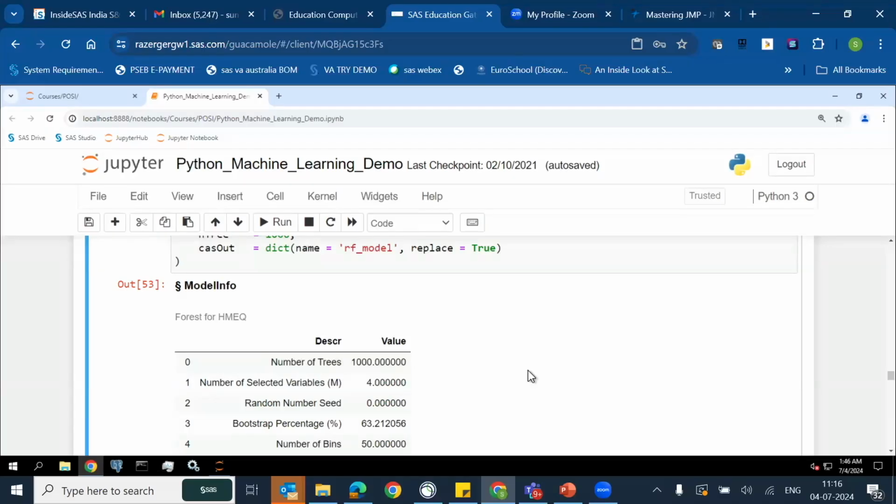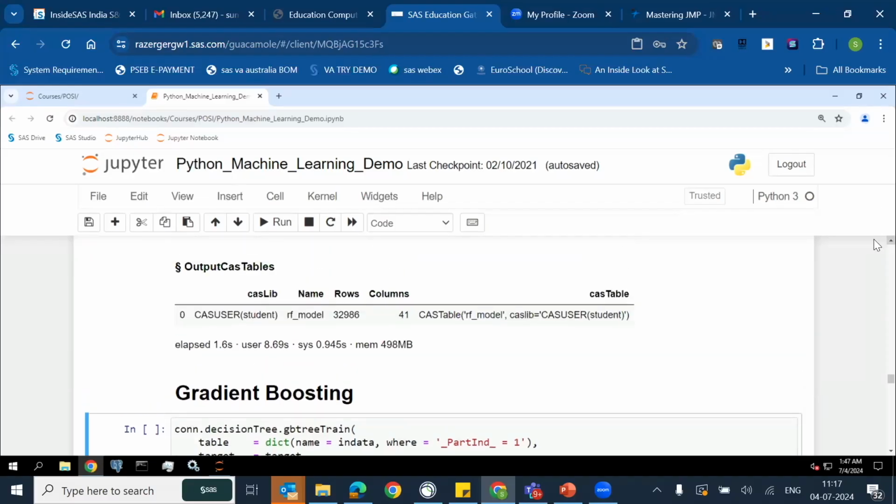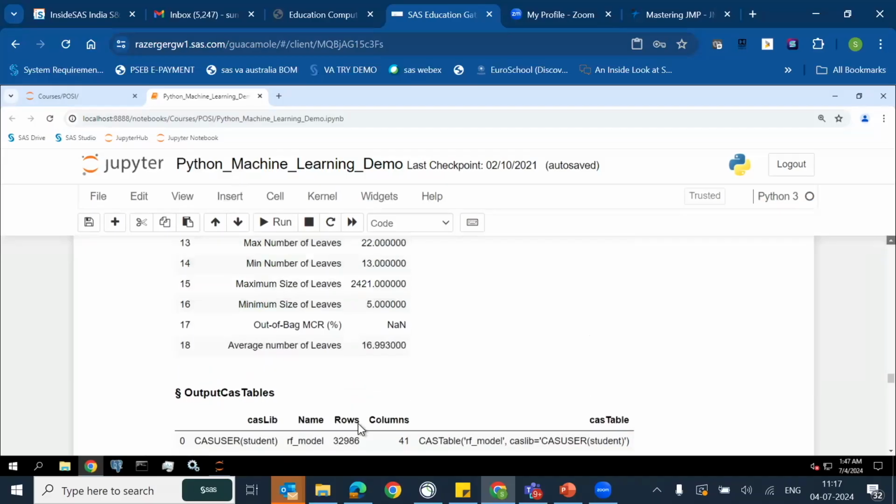So 1,000 trees will predict one single row, how it goes. The rest is, let me first scroll through the output of the random forest,